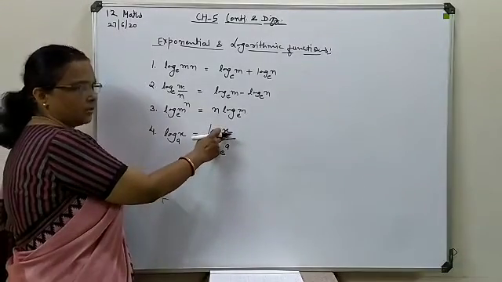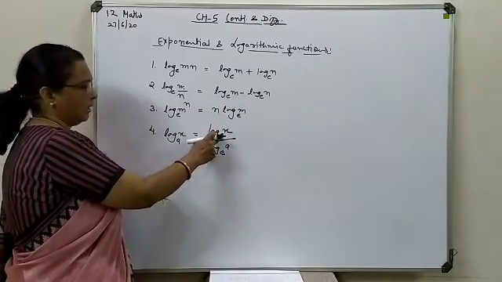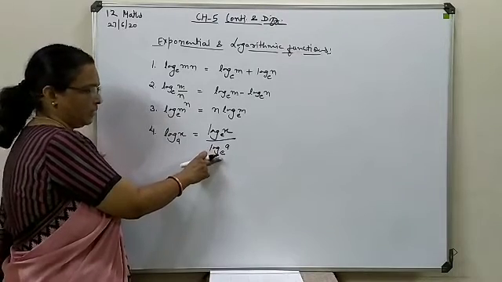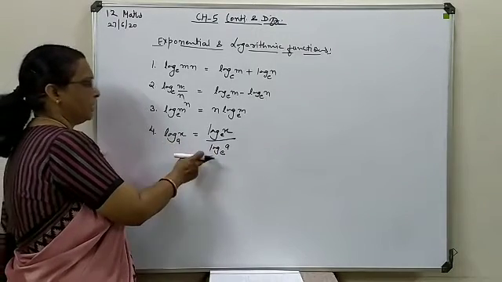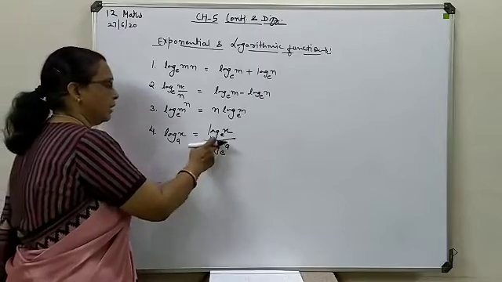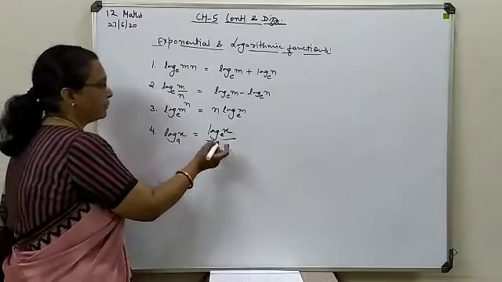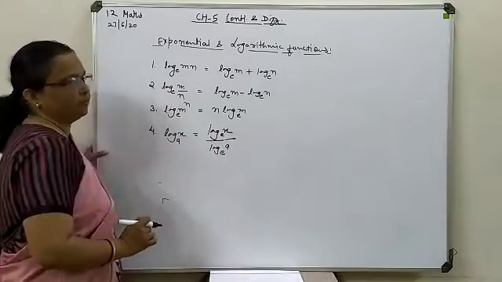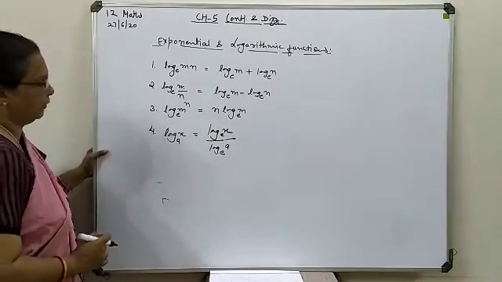As a number x is to be written, as a base e is to be taken, as a number a is to be written, and as a base e is to be taken. So this way your base will be changed, and this quantity now is to be treated as a constant one, and for this term only you will proceed for a derivation further.